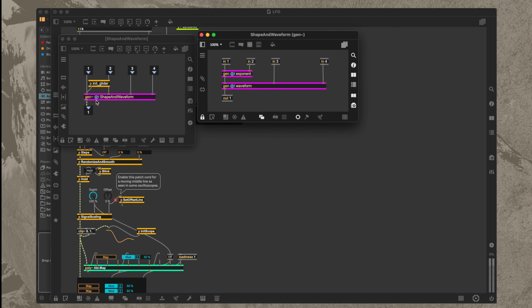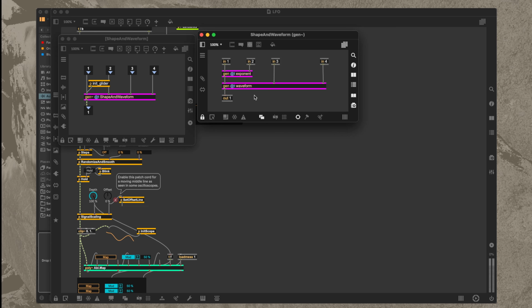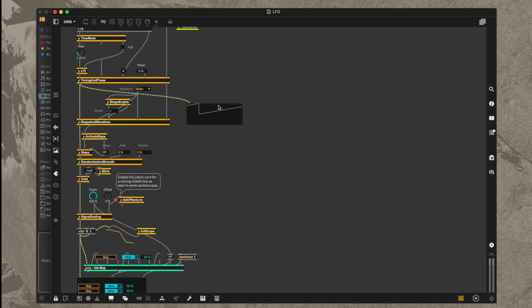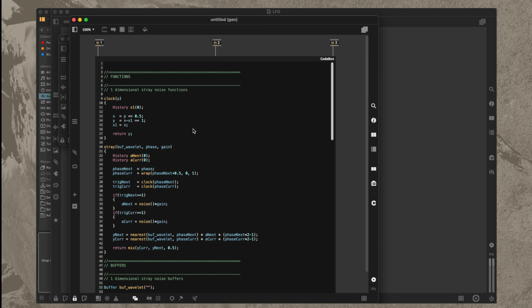But if we then open this next patch, this is in Gen. So inside of a Gen patch here, we have two components. One is an exponent, which is going to basically just add some shaping to this phasor so we could make it exponential or logarithmic. We're actually just going to skip this for now because it's basically just another layer of transformation that's happening to the phasor before it's actually used to do exactly what we did in the other video, which is every time that this phasor resets itself, we get a new random value, and then we glide from what we had before to what we're going to. So the real magic is inside of this